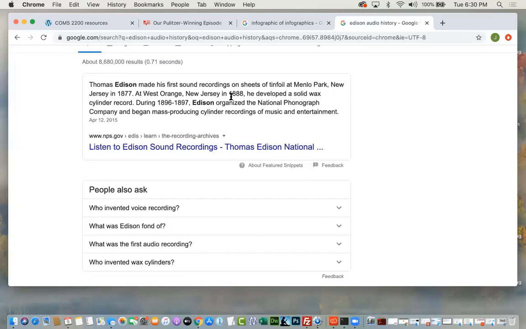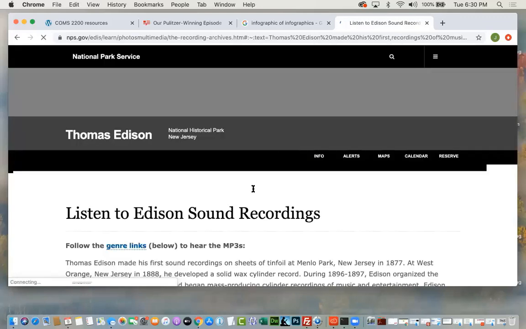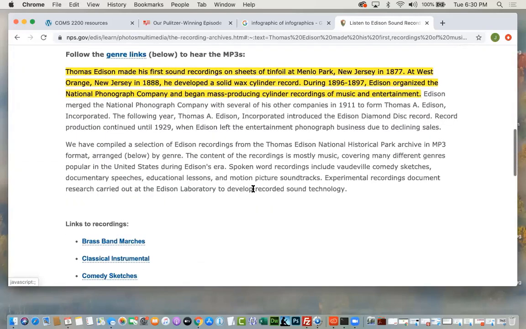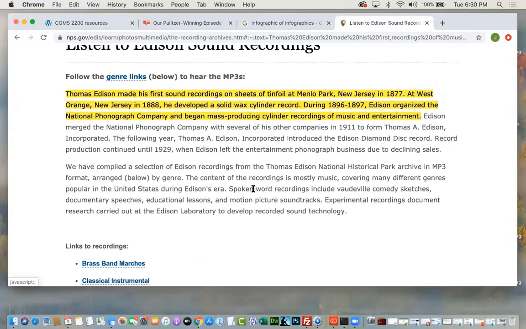Now, how do you make recordings on tinfoil? Well, this is analog recording, and very similarly to photographic recording, you need a medium, because we're talking about media here, and you need some way of getting sound waves onto that medium.